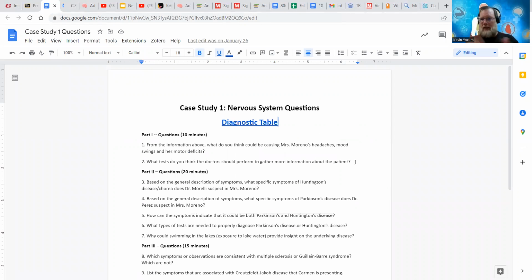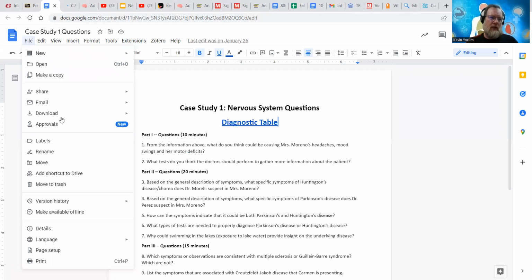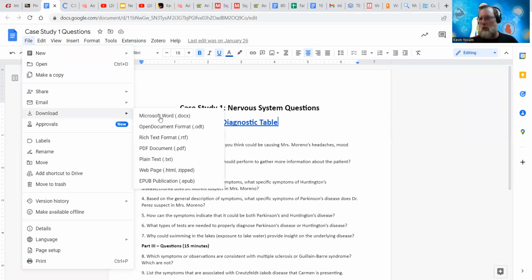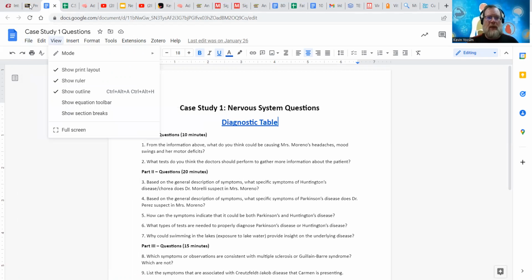Now, where's the case study? Well, I'll show you in a minute. But remember, these are read only, because when you get this, you can only read this. So you're going to want to hit file and then download to a Word document. Then you'll have your own Microsoft Word doc. Just type into that and then drop that in the Dropbox. That's going to be the easiest thing to do.